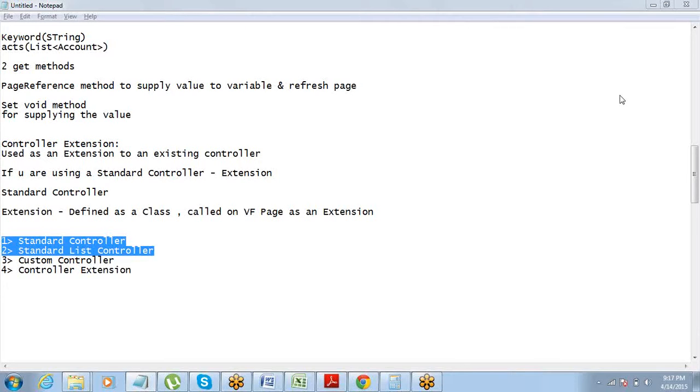You know where we use extension wires. If your laptop adapter cord is not that long, then what do you use? An extension cord. So that's it. If my existing controller is not capable of handling all the functionalities I need, I can include an extension controller. And it can work with standard as well as custom controller.